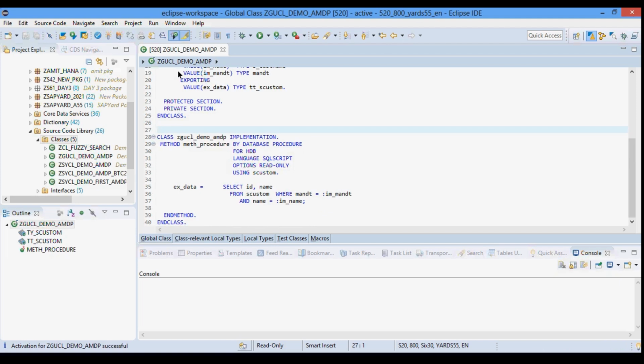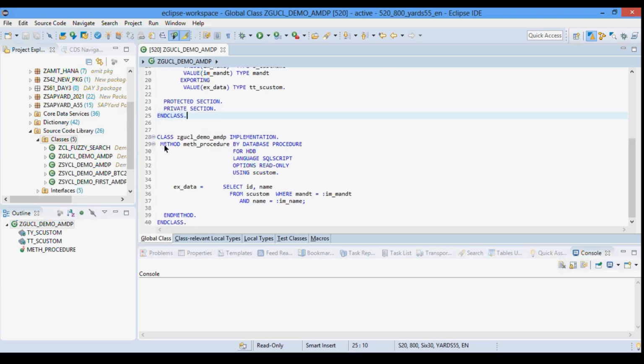Okay, so we have basically done with the creation part. If you see here, this ADT editor provides very good support for AMDP methods. You would see semantic code completion for the ABAP part, syntax check for SQLScript code, syntax highlighting for SQLScript code, and debugging of the ABAP method. All these things are possible using this particular editor. So this is a very good tool, and it provides good support when you are creating your AMDP. Now comes the consumption part.